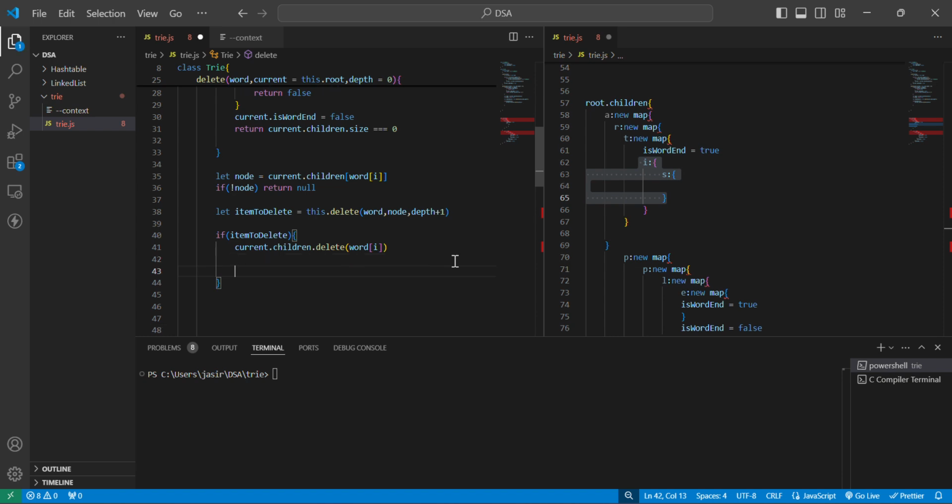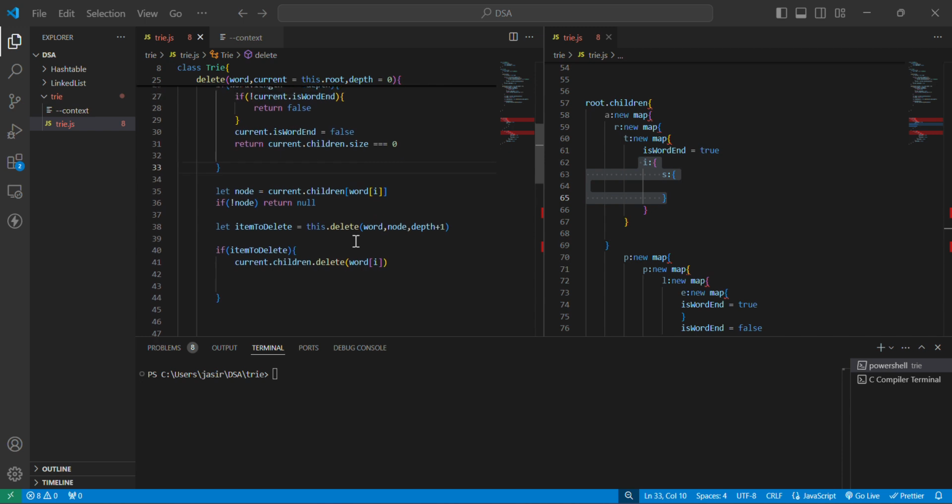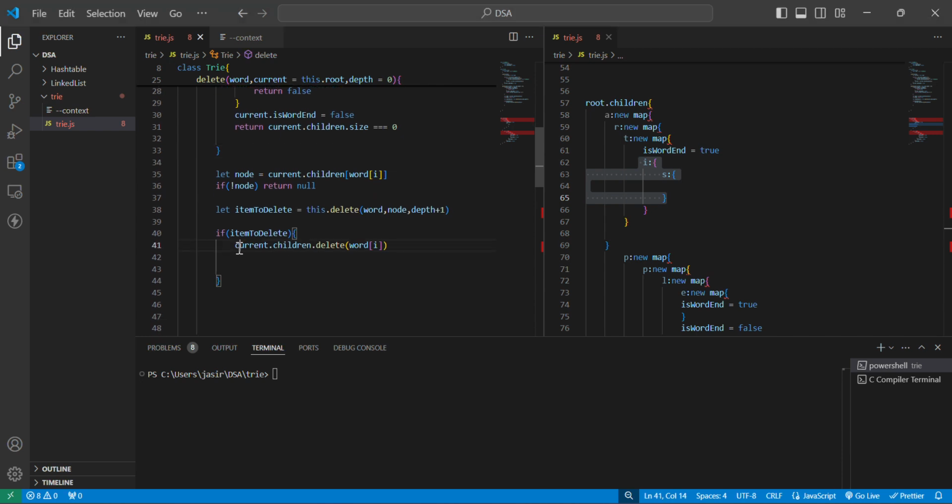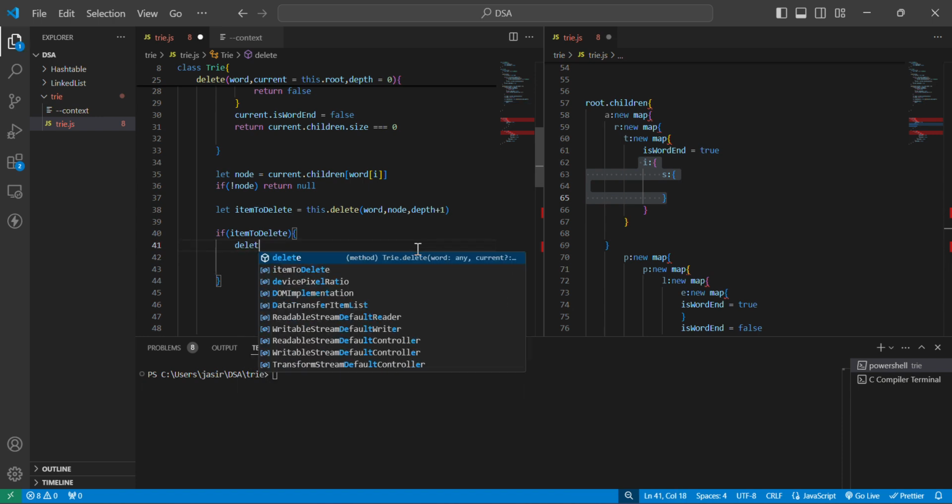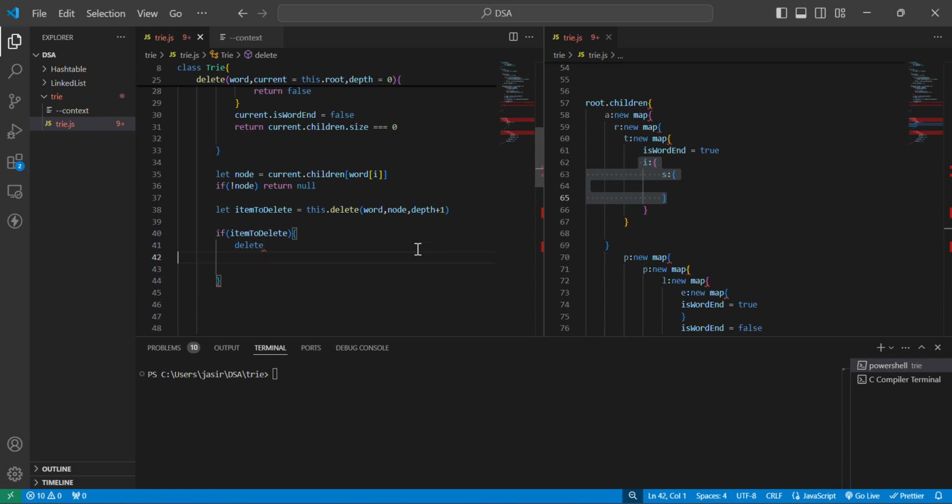Okay, so after deleting, if current dot, yeah, wait, let me think. Okay, so here what we can do is something else. I need to delete the thing, but it's not actually deleting. What can we do? Okay, delete node